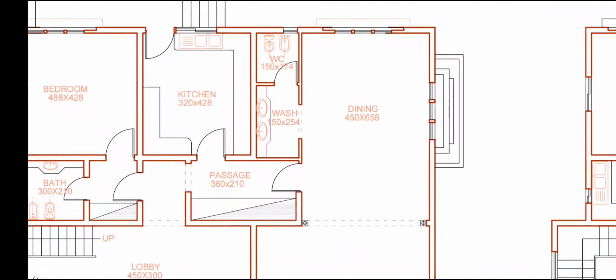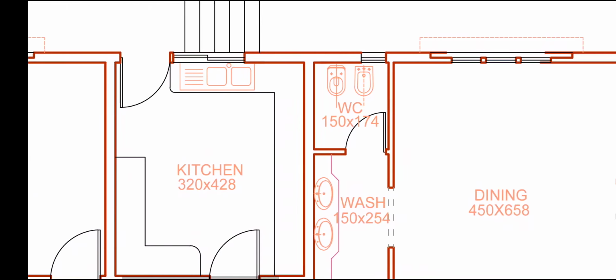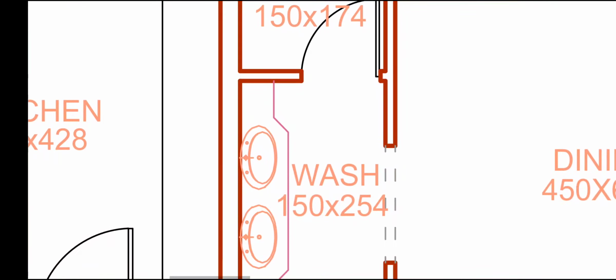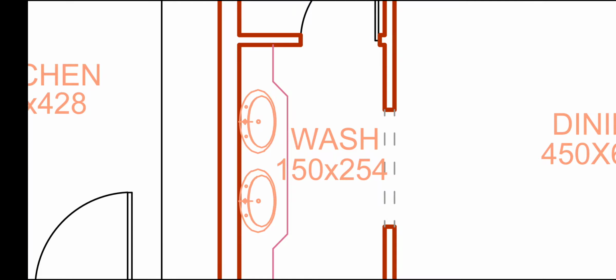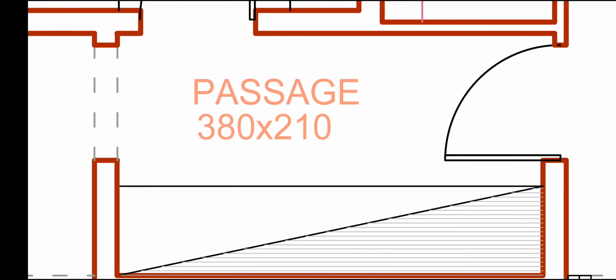this big dining, this kitchen 320 by 428, this water closet 150 by 174, this washroom 150 by 254, this passage 380 by 210,